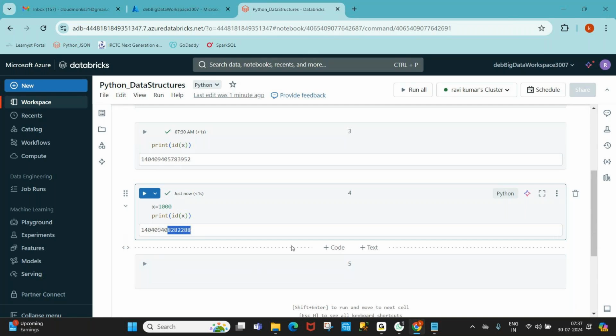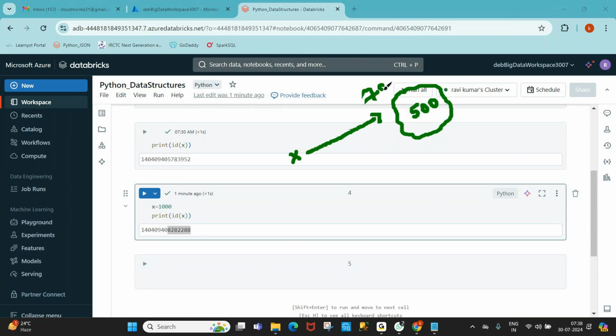Now remember, in the previous execution, x was a variable linked or referenced with an object holding value 500, with some memory address, last 6 digits only I'm writing: 783952.